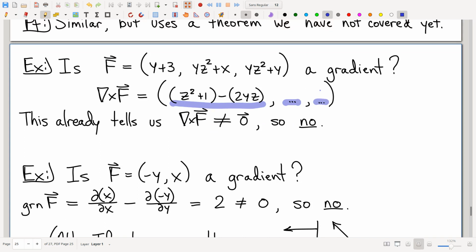It's already failed with the first coordinate, right? So game over. Not 0 in the first coordinate means definitely not 0 as a vector. And so therefore this is not a gradient. Therefore it is not path independent, and you cannot play fun games by switching curves and stuff like that. Okay. All right, now here's another